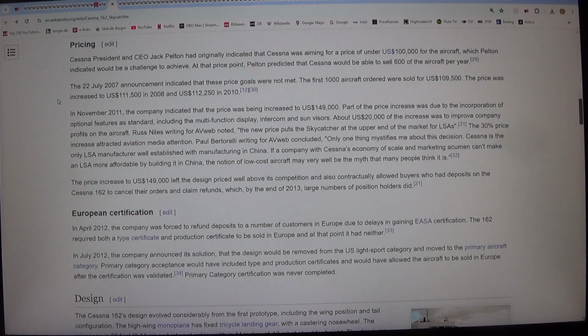The 22nd of July 2007 announcement indicated that these price goals were not met. The first 1,000 aircraft ordered were sold for $109,500. The price was increased to $111,500 in 2008 and $112,250 in 2010. In November 2011, the company indicated that the price was being increased to